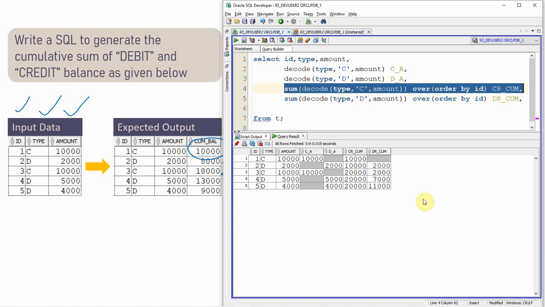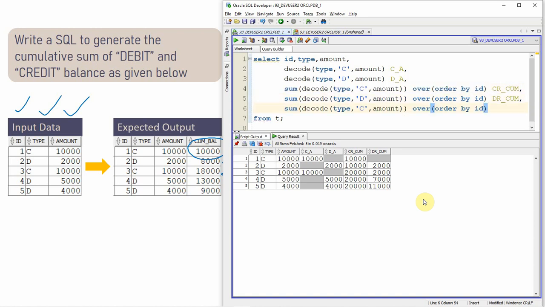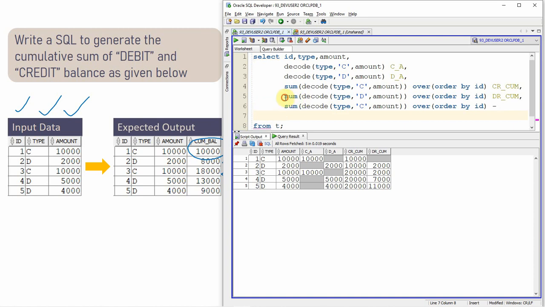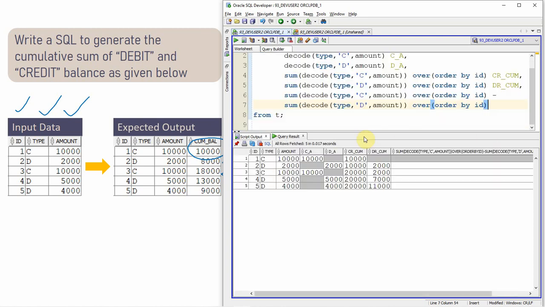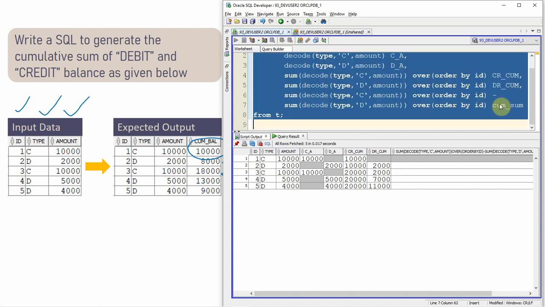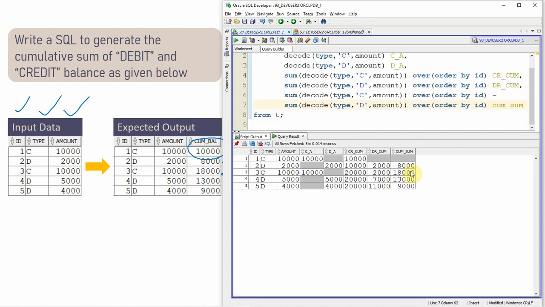So I'm just going to take the same thing. This is credit amount minus debit amount. Let me give an alias like cumulative sum. Okay, now you got the cumulative sum. Since we put a minus, since this is a null, the 10,000 minus null is coming as a null value here.